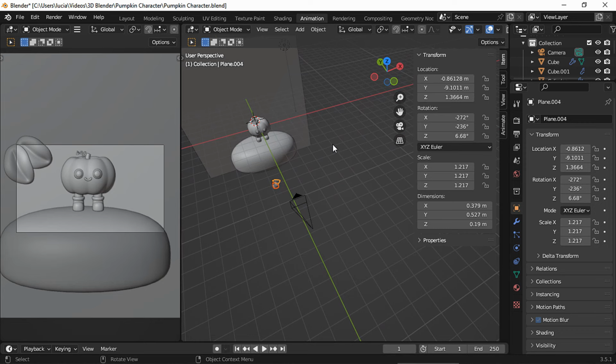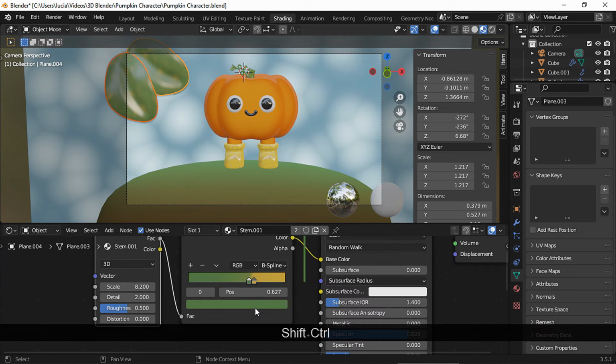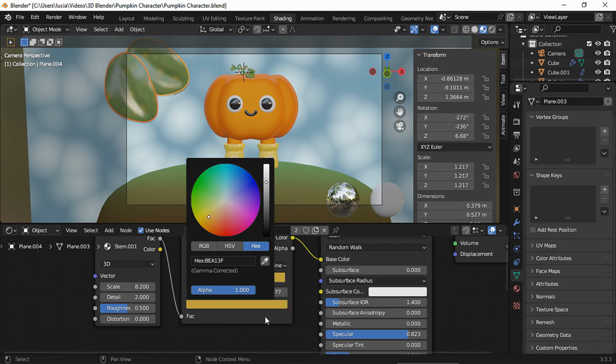But if I screen record while in render mode, render starts lagging. For the materials, I started with the same material as the stem, but I chose a bit of a less saturated green color because it looked too vibrant being so big and so close to the camera.